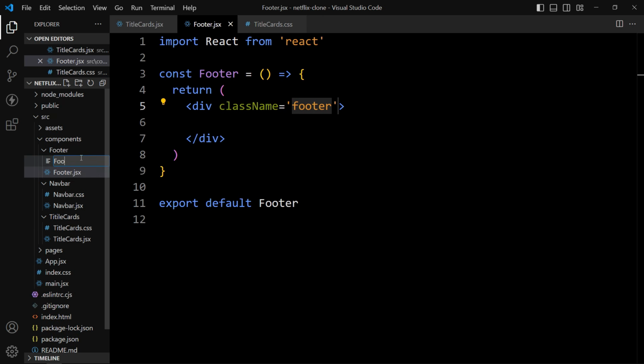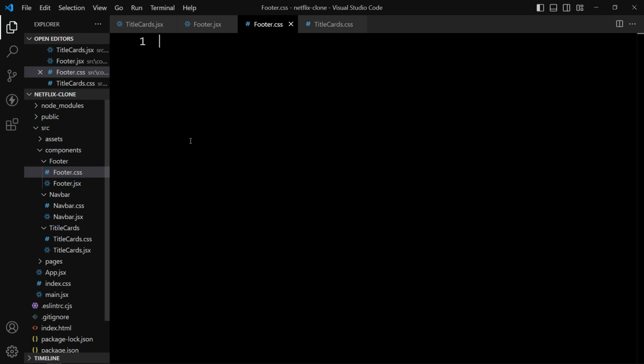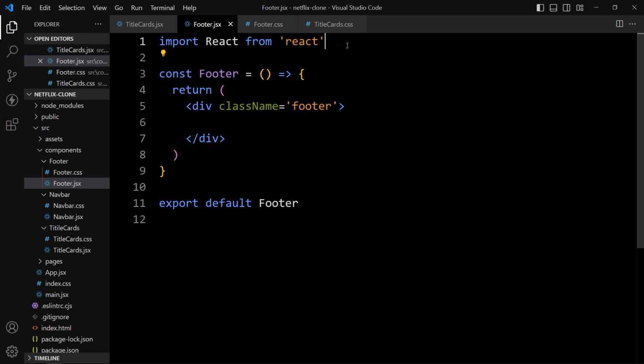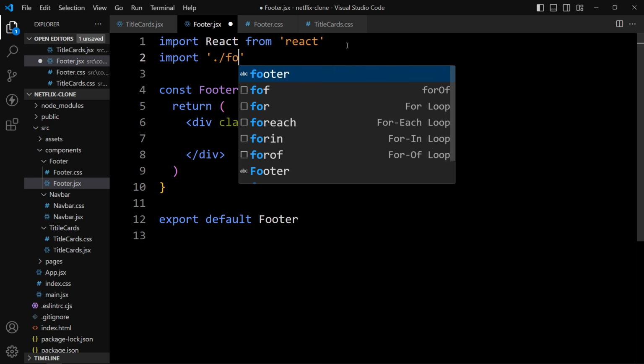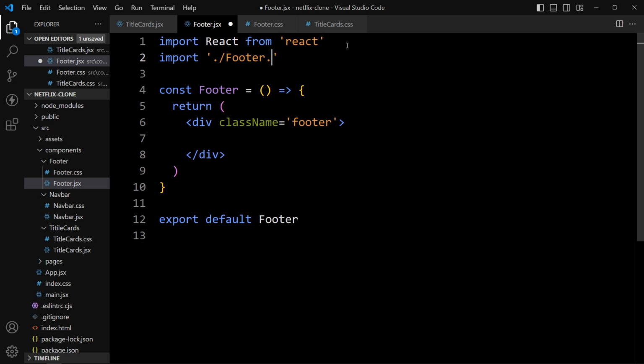This is footer.css, and import this file in this JSX file. Import ./footer.css. So now we have created the folder structure for our project.